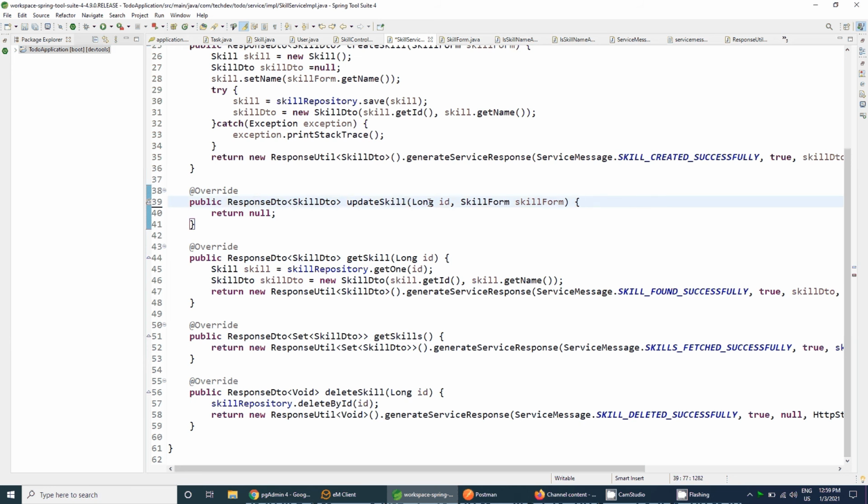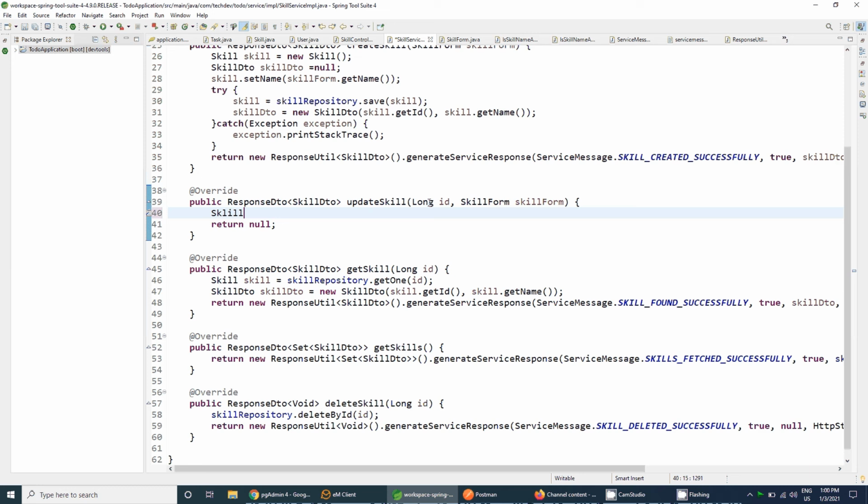So we have the skill ID. So what we need now is to fetch the skill object or entity from the database. So the skill entity, and we will create an object for that, and skillRepository dot getOne with the ID.